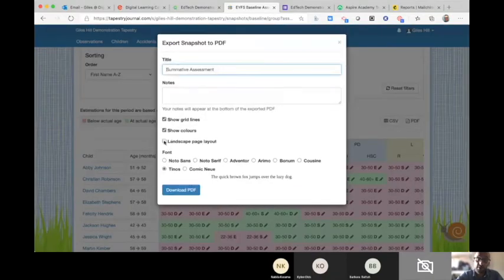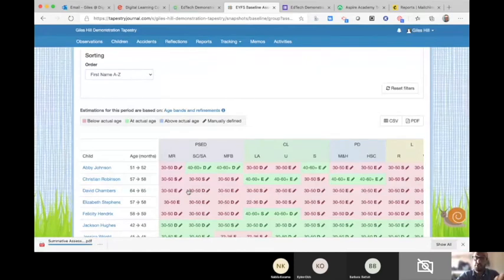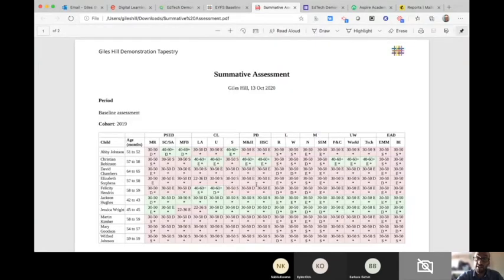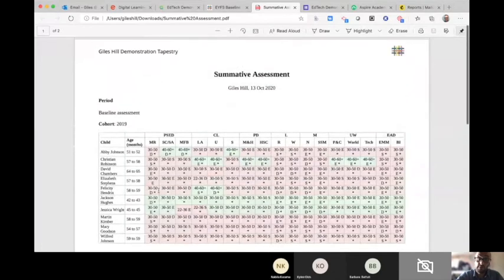Let's just make one of those landscapes, sometimes quite nice. If I download that, it's basically just exporting this data into a document that they could essentially email over to you, and they say, here's the data for the children that we're transferring over to you,